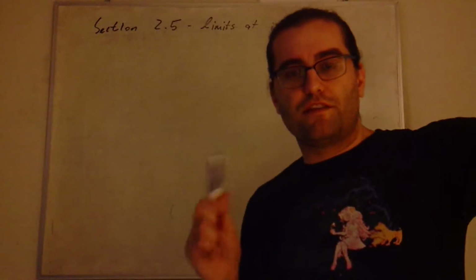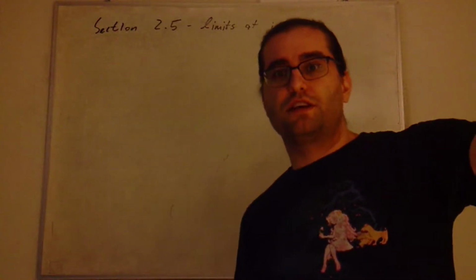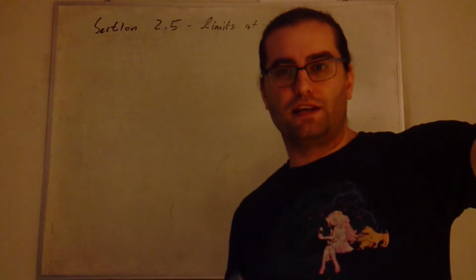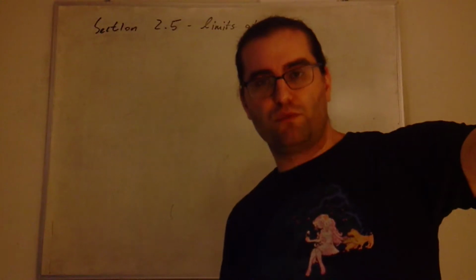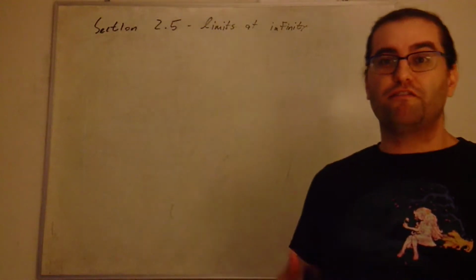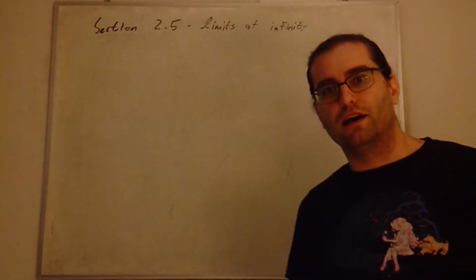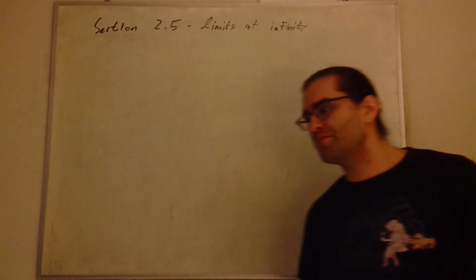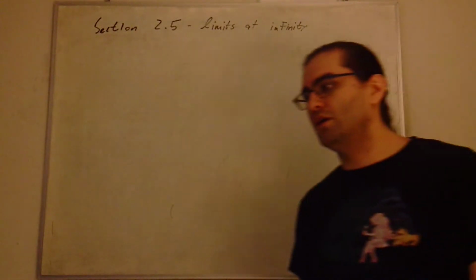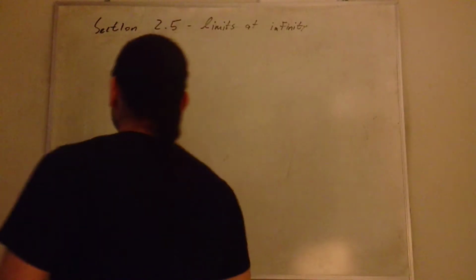2.5 is going to be very similar except sort of backwards. Instead of plugging a number into a function and getting infinity-ish out as an output, now we're going to be plugging infinity into the function and seeing if we get numbers out instead. So that's going to look like